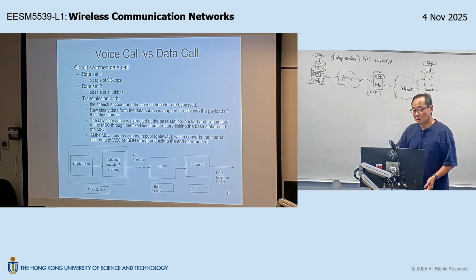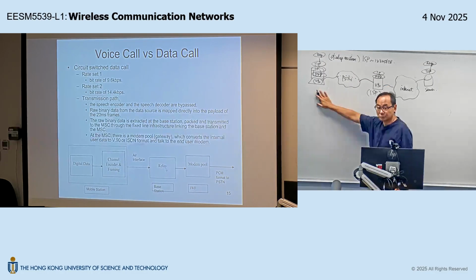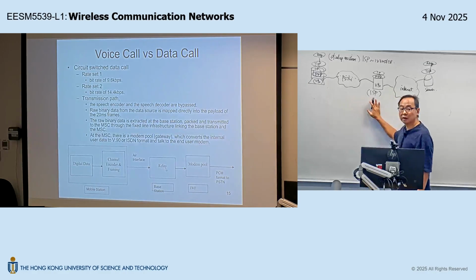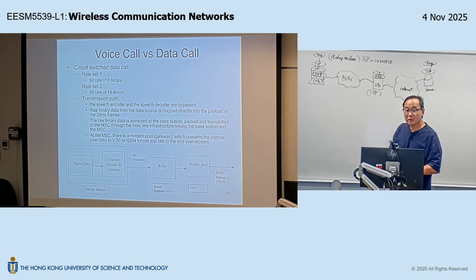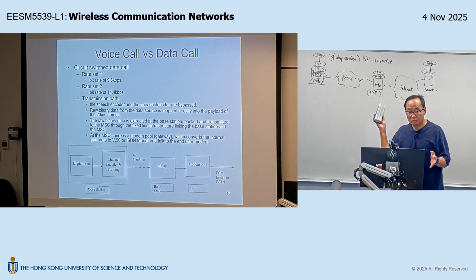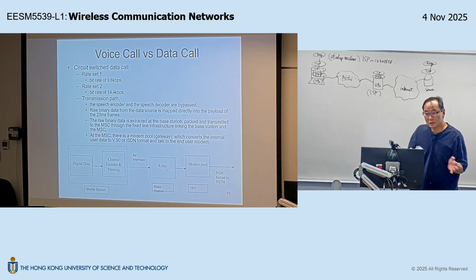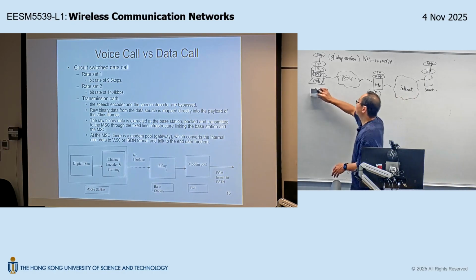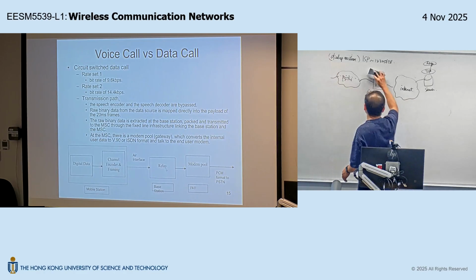Okay? Now, so this is at home, right? Now, the ISP doesn't care whether you are at home or outside. So if you are outside at that time in a 2G network, they also provide you an option that you can connect to the internet, the dial-up ISP, when you are outside using IS95. So if you are outside, what happened would be